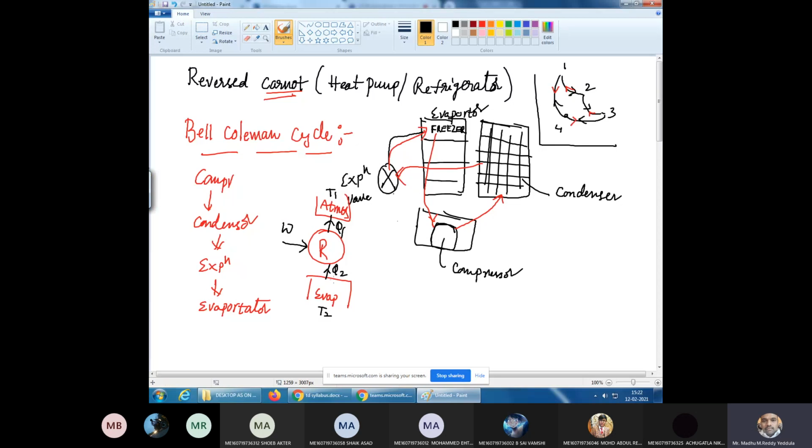Okay. This is the evaporator, right? Now, here in the evaporator, the liquid refrigerant will absorb the heat. In the evaporator, the liquid refrigerant absorbs the heat. Okay, so thereby it will be converted into the vapor form. Okay, so the property of refrigerant should be, it should have low boiling temperature. So by adding the heat, it should be converted into vapor. Okay, so therefore this vapor, right,